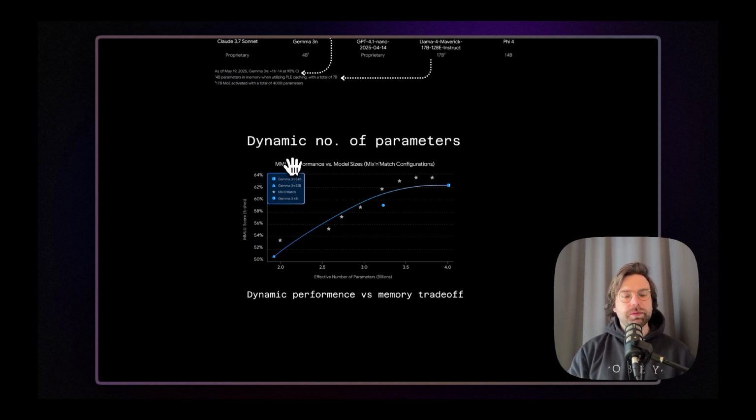But it is important to know that the main architectural advantage of this model is you can steer, you can choose, mix and match, as they say, the number of parameters that you need to achieve optimal performance versus the system requirements trade-off. And they release two models,